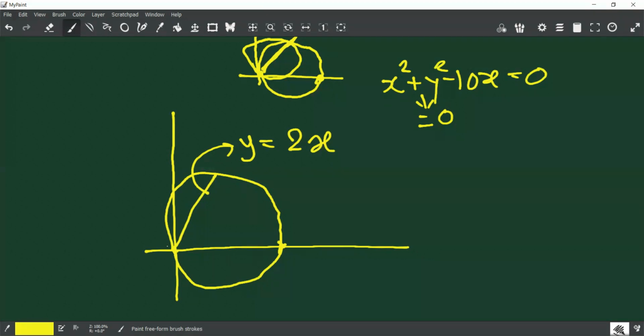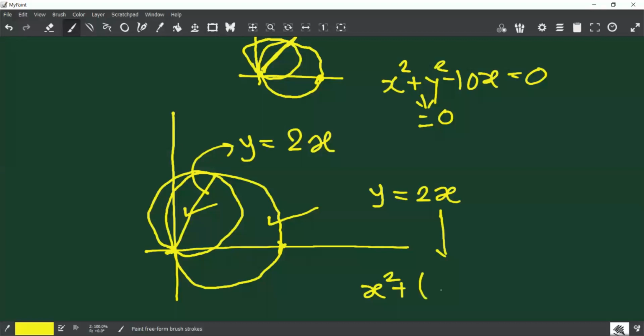Now we have to find the equation of the circle whose diameter is this. Are you getting? And y is equal to 2x also is a line passing through the origin. So I will have to solve this equation of the circle and equation of the chord. So I will get the coordinates of the point of intersection. One is this, one is this. So which becomes the end points of my required diameter. Correct? So you solve y is equal to 2x.